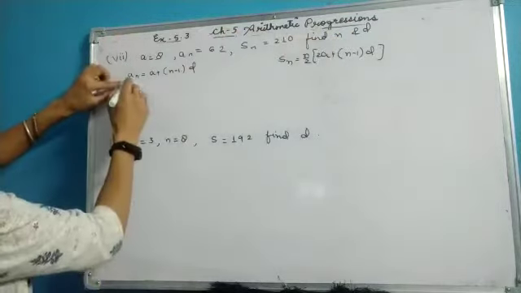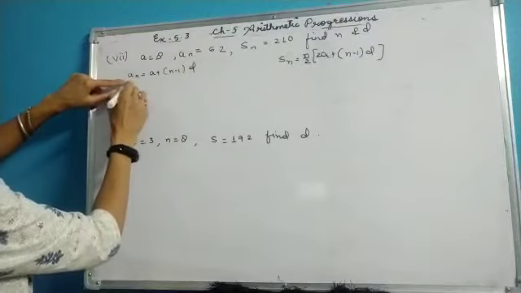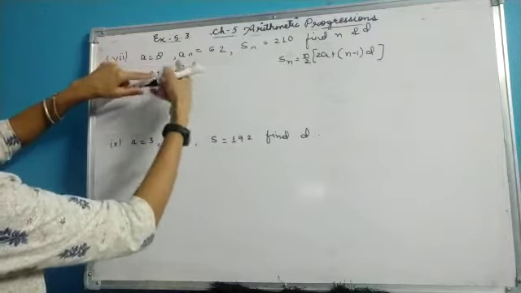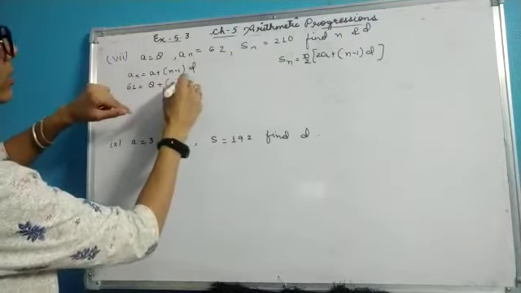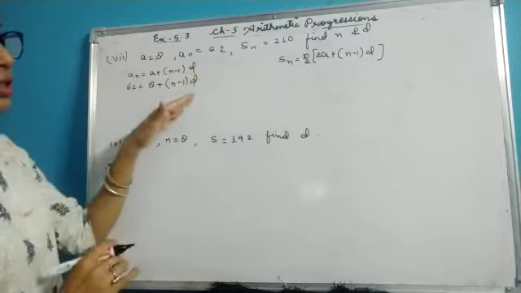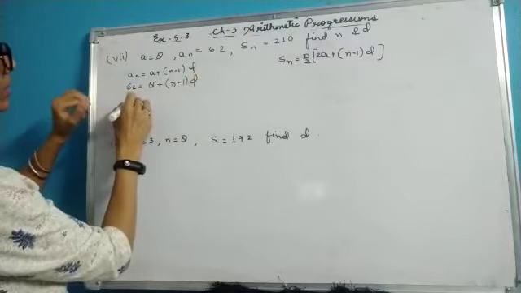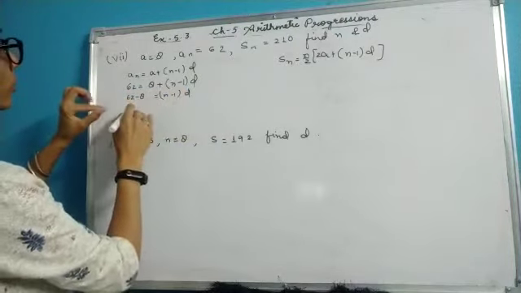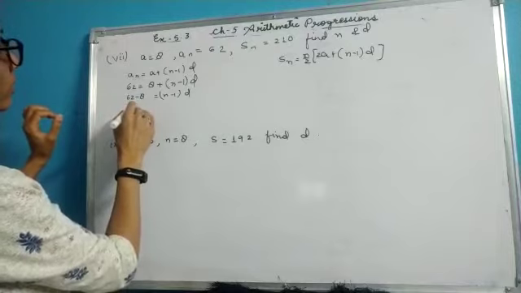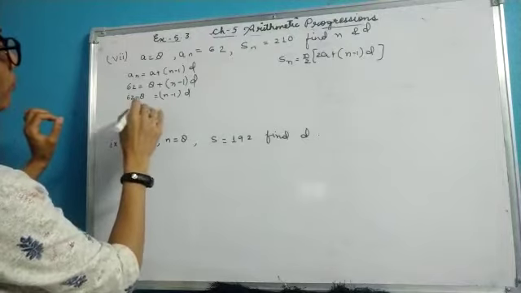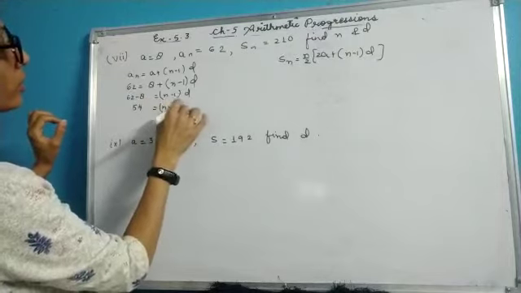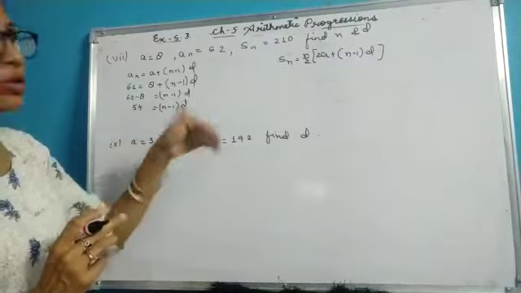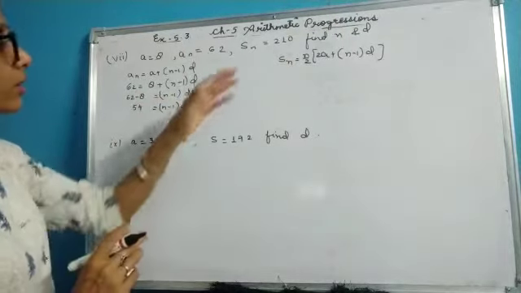Okay. Now I need to calculate N and D. Let's suppose I put it here. My Nth term is given as 62. A is given to me as this. N I need to calculate here, and D also I need to calculate here. So on solving it, I will be getting 62 minus 8 equal to N minus 1 into D. So here 62 minus 8 will be 54 equal to N minus 1 into D. Now children, here two things are unknown to you, so I cannot solve it further. So let's see what I can get from this formula.